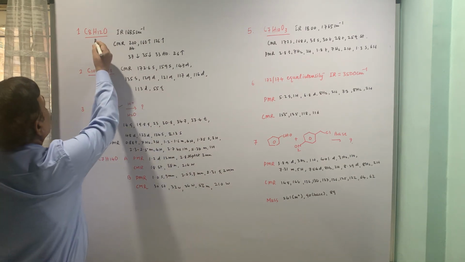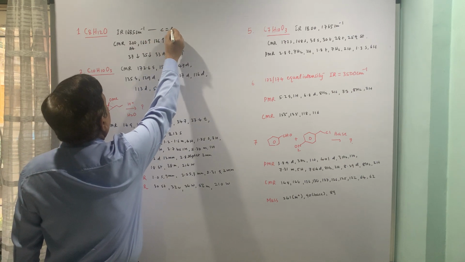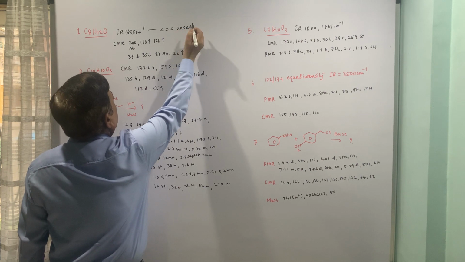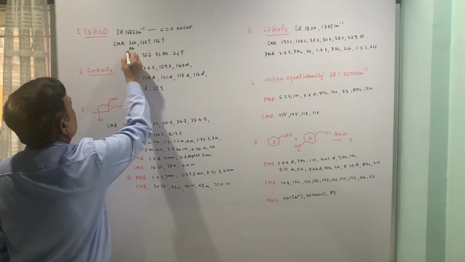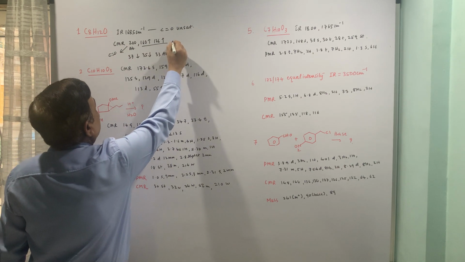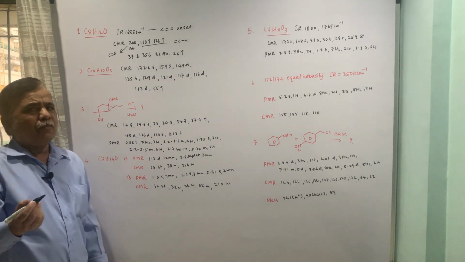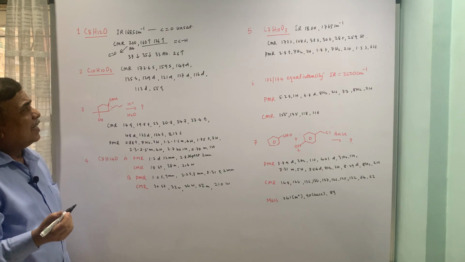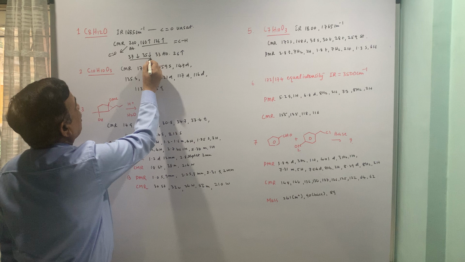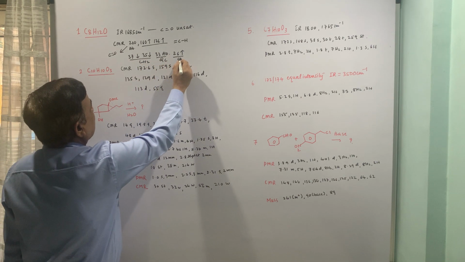First one, C8H12. So three degrees of unsaturation. This looks like a carbonyl, and probably an unsaturated one. 200 once again gives the indication for the carbonyl group. This 160 and 126 indicate the olefinic CH. These two are methylenes. This is a quaternary carbon and this is a methyl.